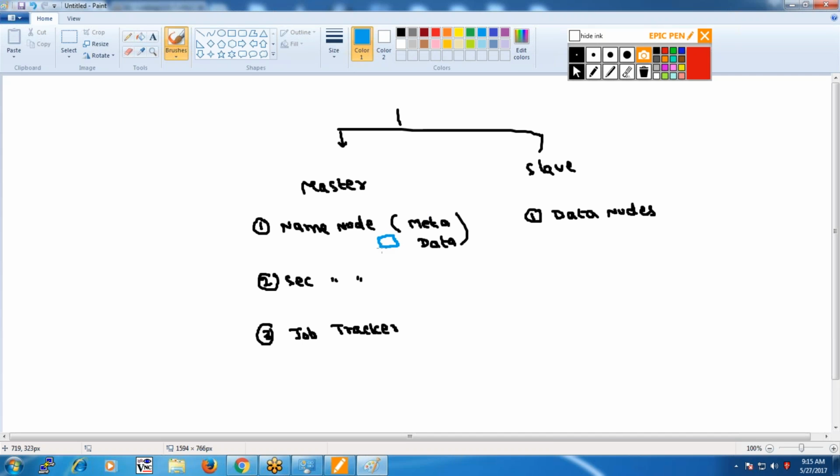Name node is a separate server. Secondary name node is a separate server. Job tracker is a separate server. Data node is a separate server. Okay, computer. Then we have another entity called